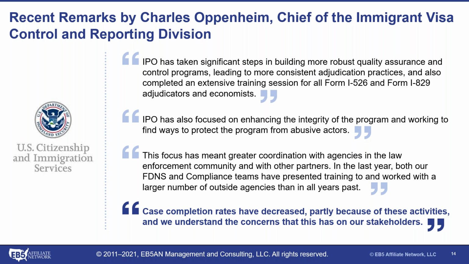The one thing he also did tell us was how the visas have been restricted over the last year, particularly because of COVID. So embassies and consulates are closed. They're not offering immigrant petitions. There was also a freeze under the last administration with respect to immigrant petitioners. And so as a result of that, most of the petitions that we've seen that have moved have been under the adjustment of status process. So if you are within the United States and you have an approved I-526 and your counsel has filed for an I-485 along with a 765 and a 131, which we'll talk about in a little bit, you are more likely to proceed to the next step versus if you are outside of the US and you're waiting for a consulate interview.